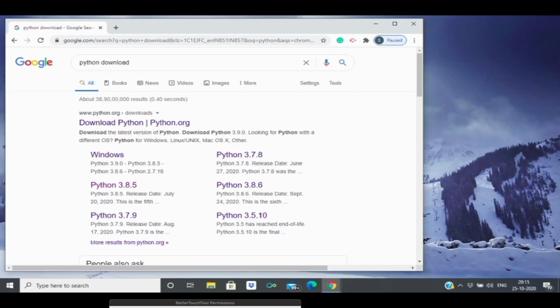So we are going to do coding with Python. Python is freely available software. You can download Python by going to Google, searching Python download, and there you can take Python 3.8.5, which is one of the latest versions, and download it by clicking Python 3.8.5.